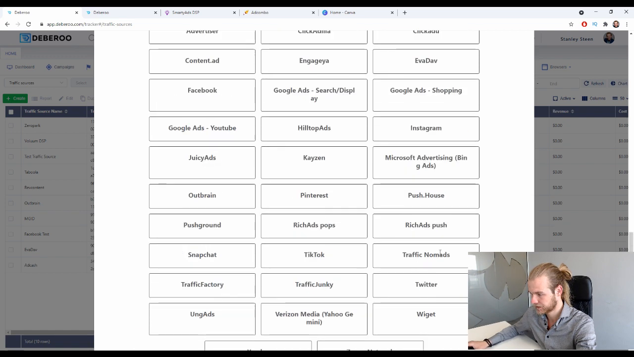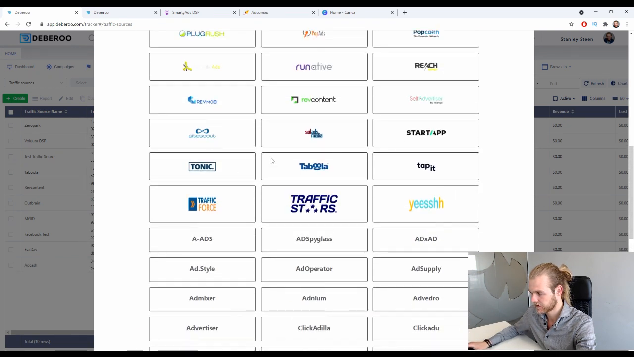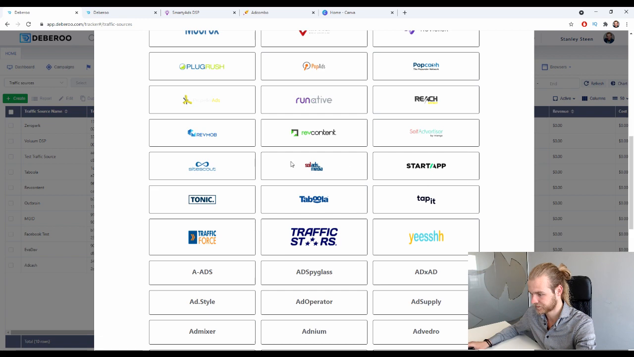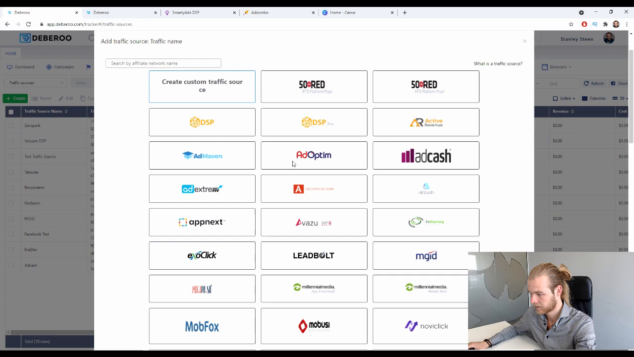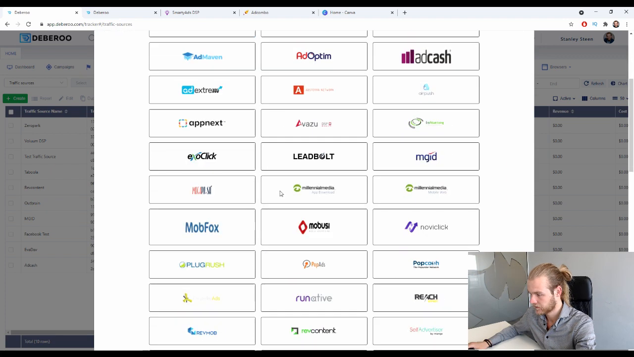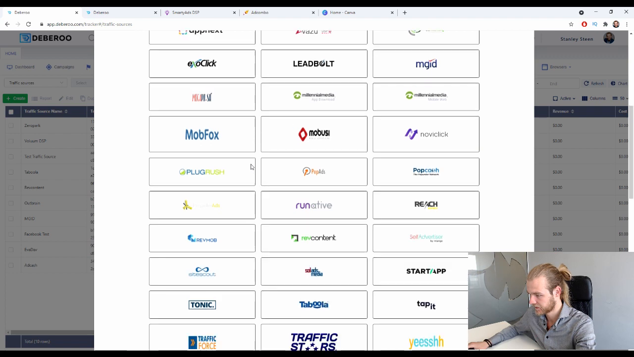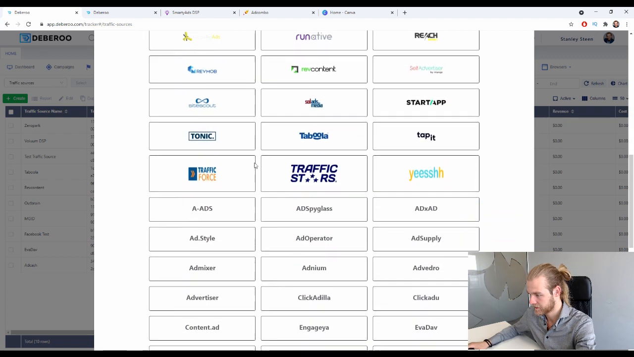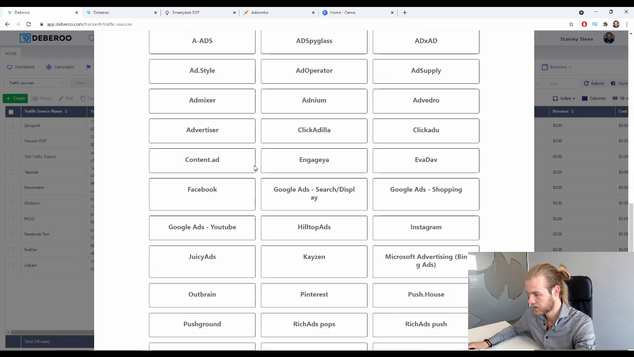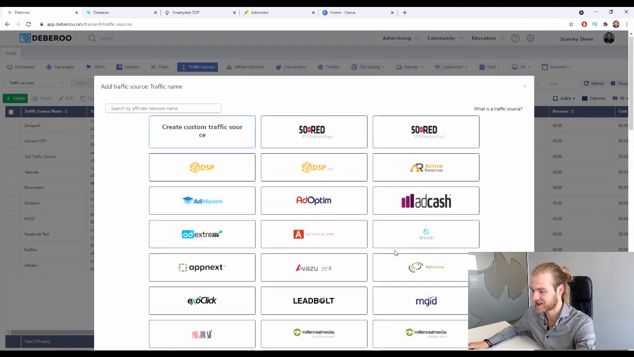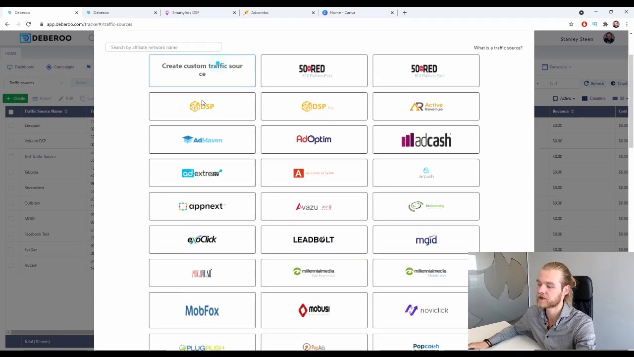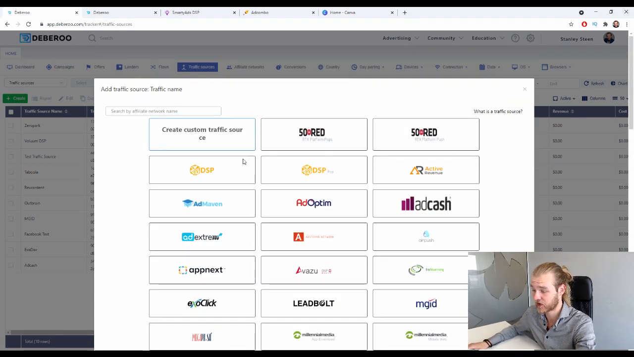Snapchat, nope. All right, should be here somewhere. Let's see. Maybe I'm overlooking it. Or is SmartyAds not in here? Okay, so it seems like SmartyAds is not one of the pre-setup, so then you would have to select Create